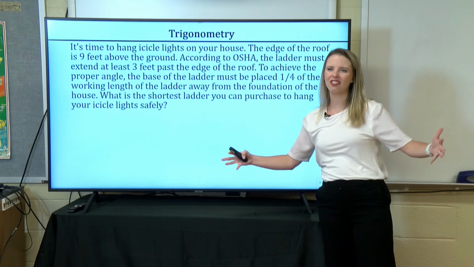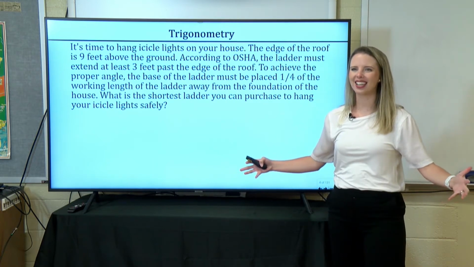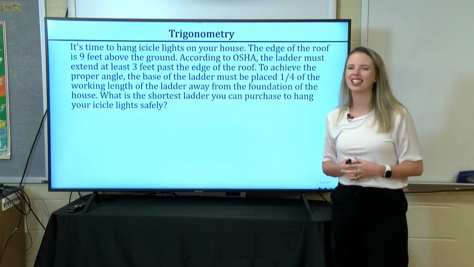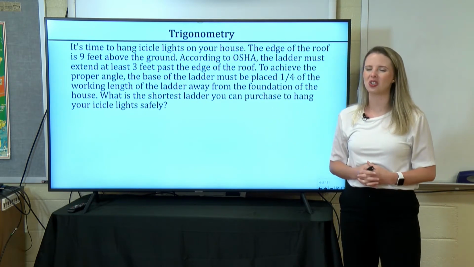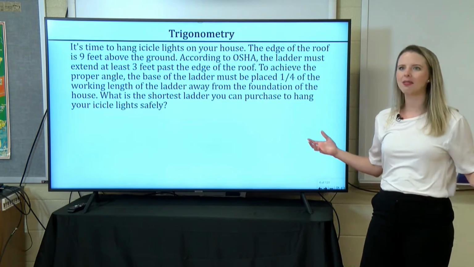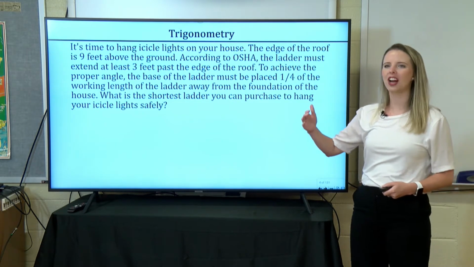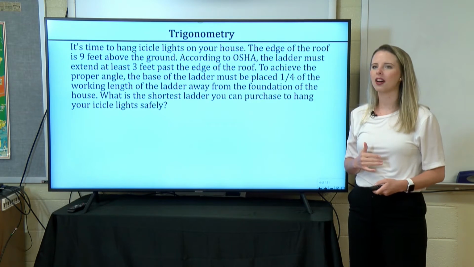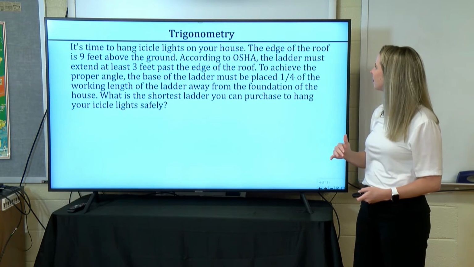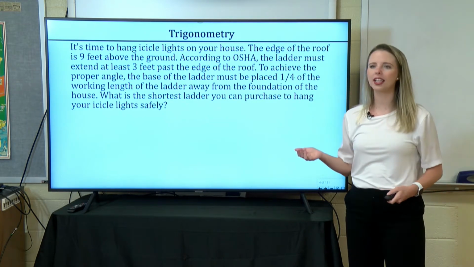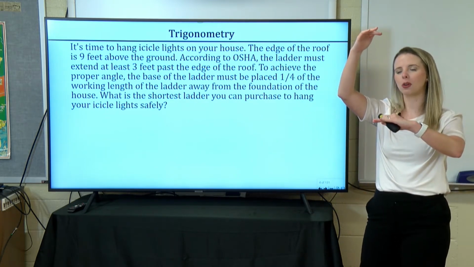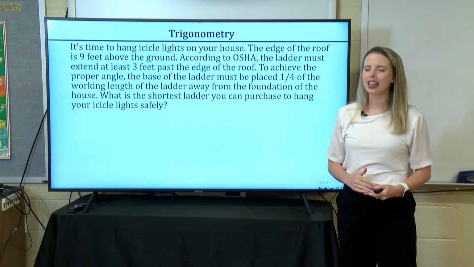It is officially our favorite time of the year, Christmas. Believe it or not, we'll be there before we know it. And it's time to hang icicle lights. You've moved to a new house, you don't have a ladder. You need to buy a ladder. You know that the roof of your house is 9 feet above the ground, right? Okay, so according to OSHA, you know that you need 3 feet of ladder above the roof line, and then